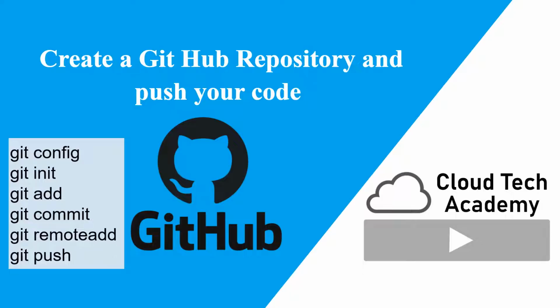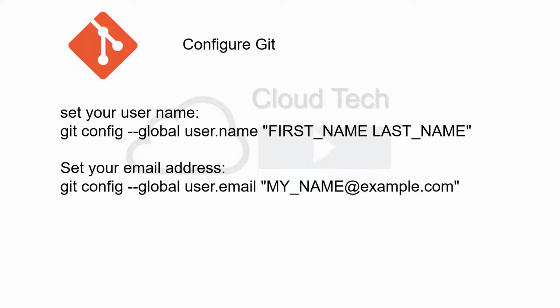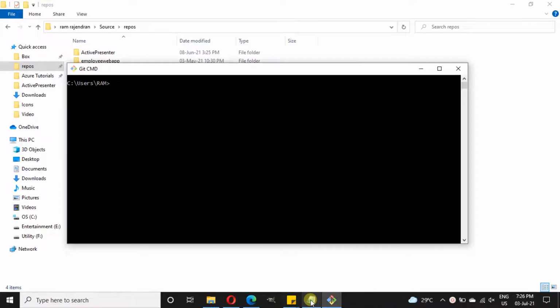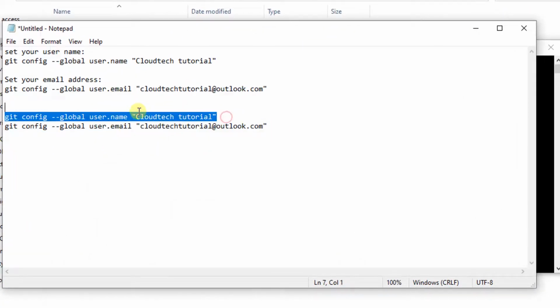And now we are going to see how to create a GitHub repository, followed by the first set of Git commands which will help you to push your code from your local to the remote repository. After installing Git, you need to execute these two commands in order to work with a GitHub account. First one is to set your username, and next is to configure the email ID that is tied up with your GitHub account. Open your Git bash and then just execute these two commands.